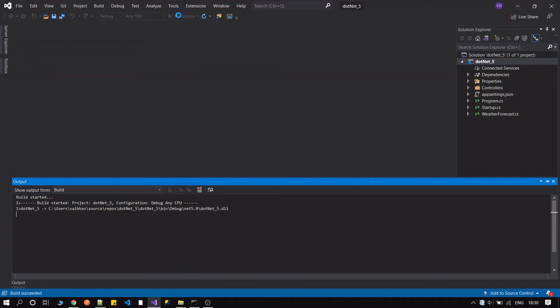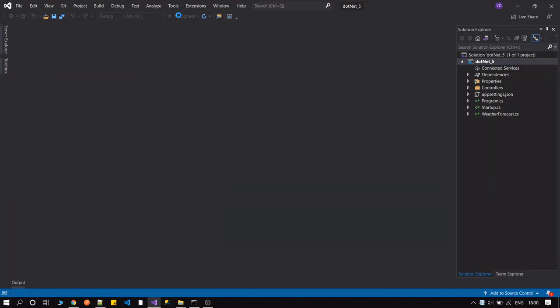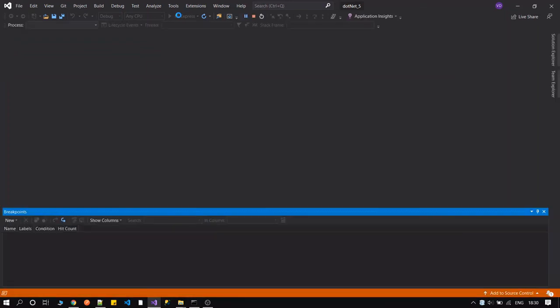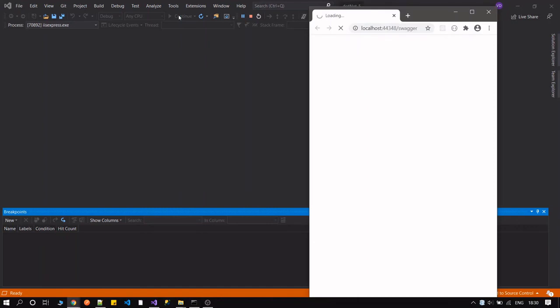So by default, as in the .NET 3.1 version, we have a default controller, weather. We also have that particular controller in our .NET 5 framework. So as you can see, the project has started, guys.